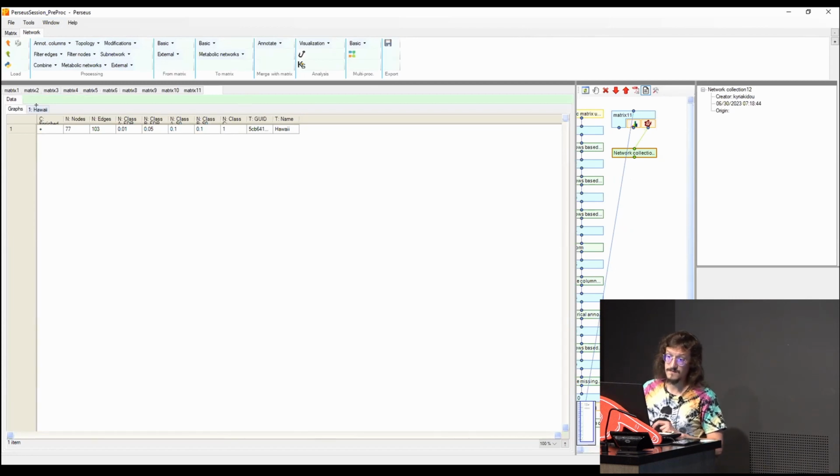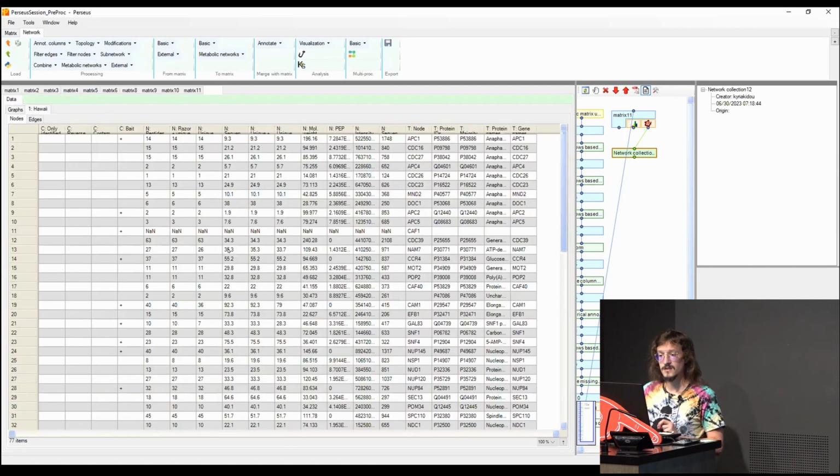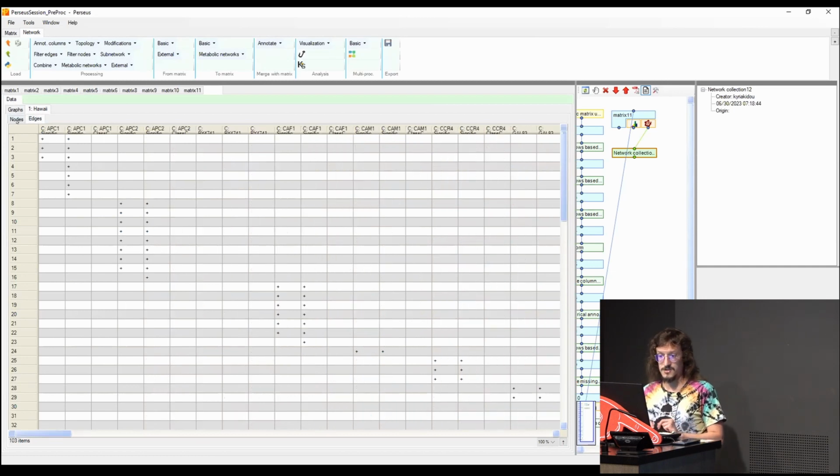What it is, actually, is two matrices. One summarizes everything in the network: the number of nodes, the number of edges, plus FDR. And here we have another set of two matrices. It's called Hawaii because we obtained it from Hawaii, but if you import a network, it will have the name of the imported network. We have information here about nodes and information here about edges.